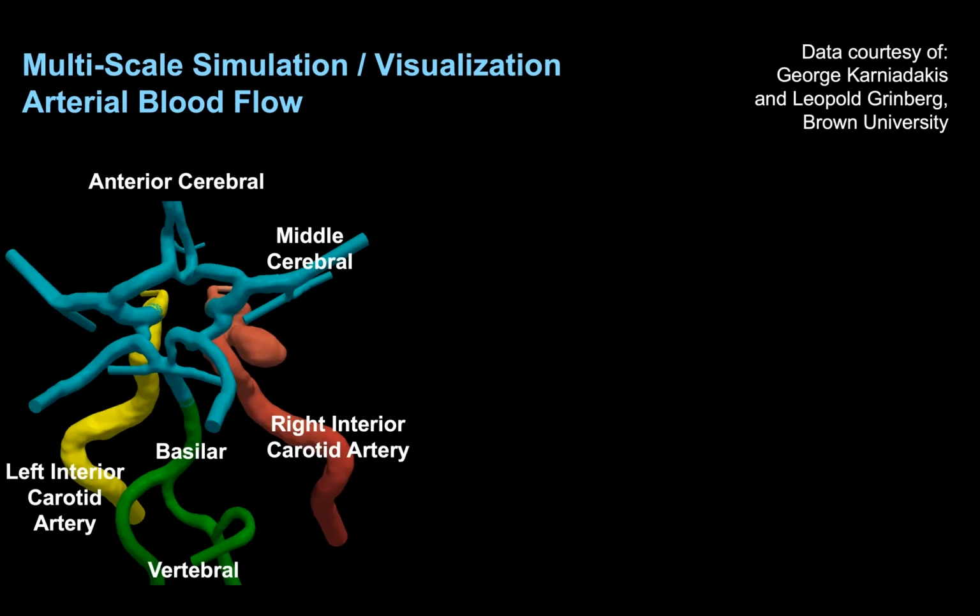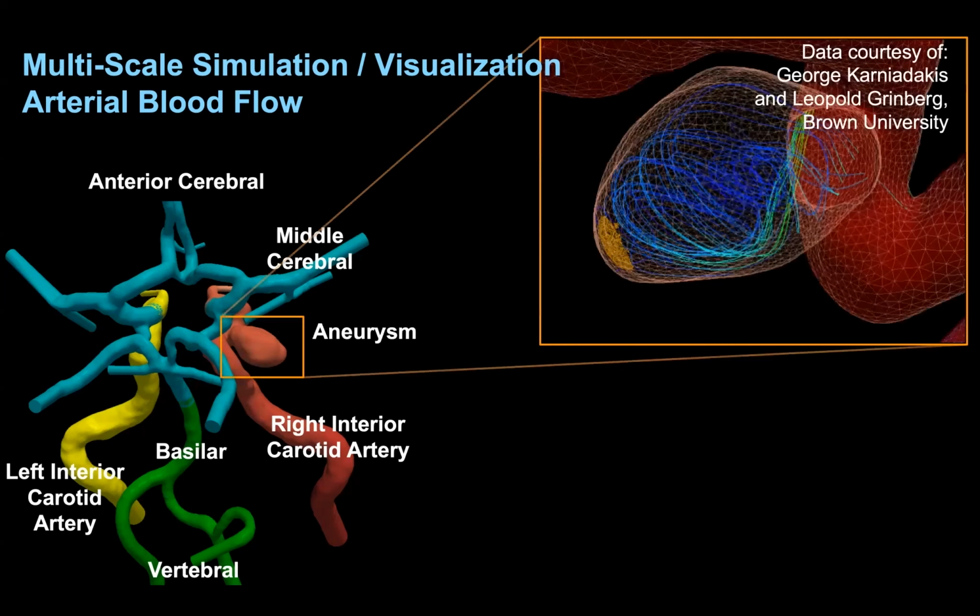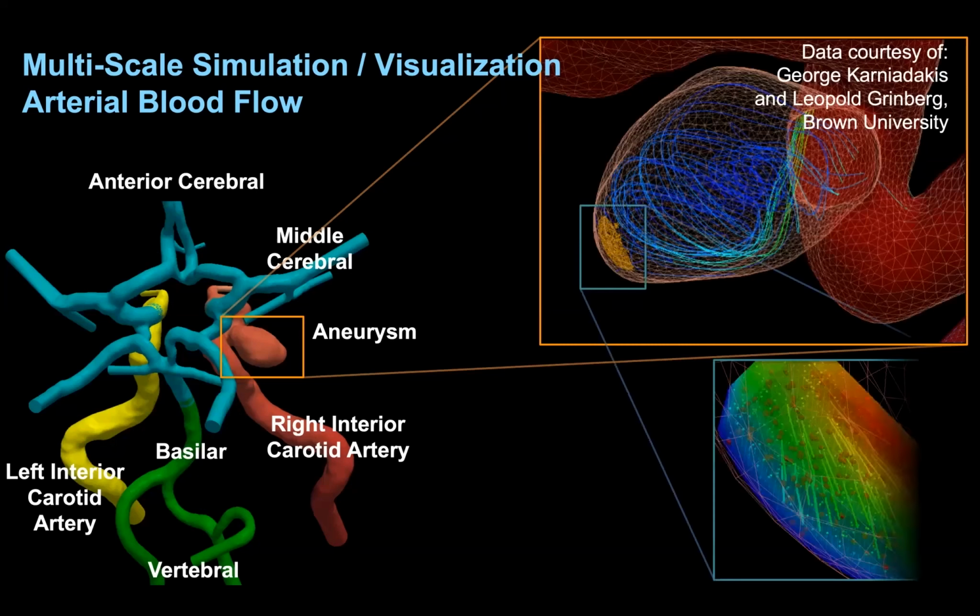What we're looking at here is arteries in the brain, and in particular, they're interested in this balloon structure, an aneurysm on the wall of one of the arteries, and how the things that happen in the overview, the full structure,